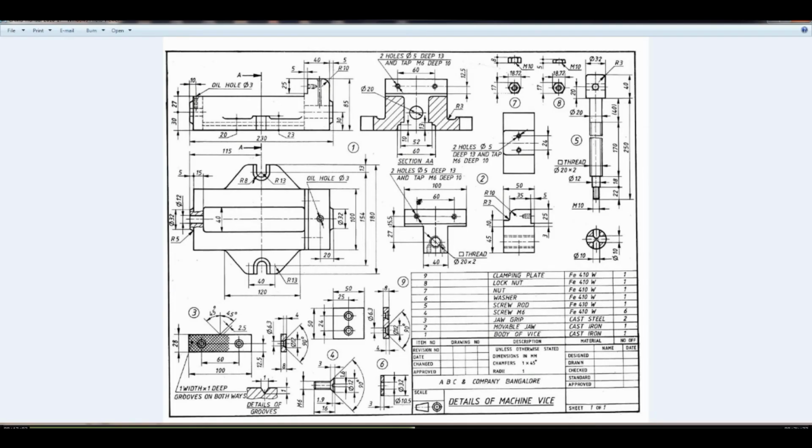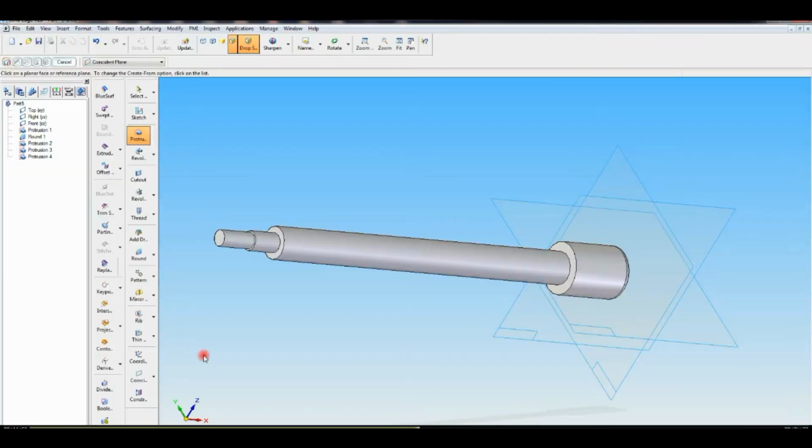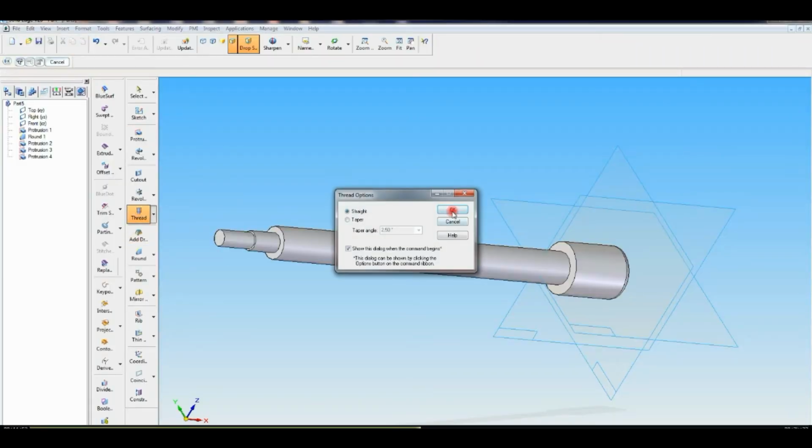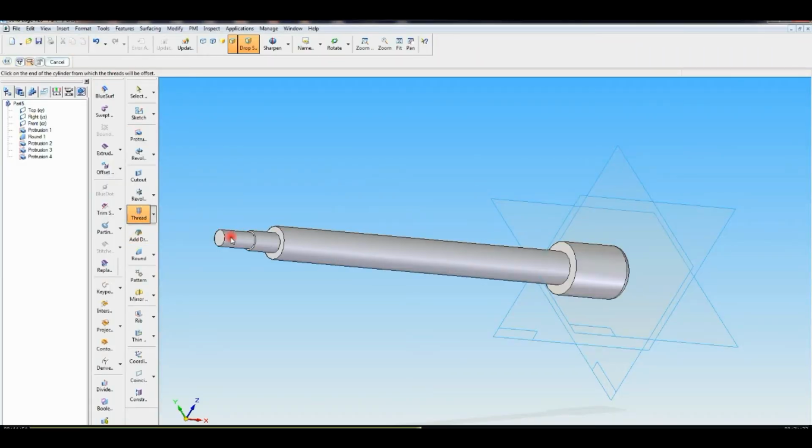Now in that first part, the M10 part, you have to make a screw thread. One more is the 20 mm diameter portion where you have to draw a thread. For that thread command, select that portion, select the tip of the circle, then give M10. Finish. That portion is over.